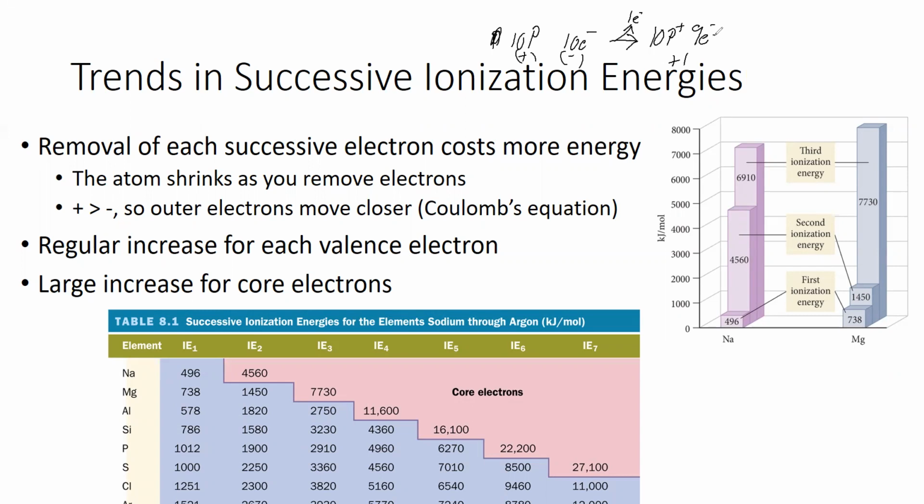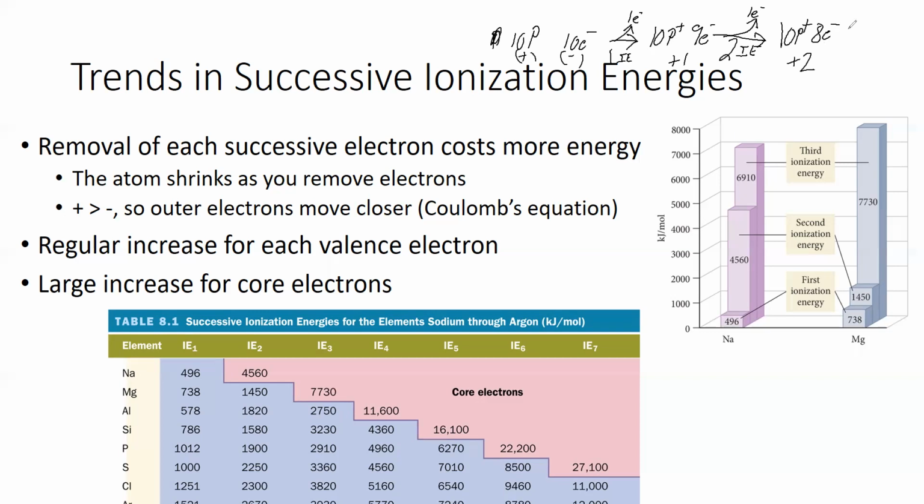So if I want to remove another electron, I would have to put in more energy. This is the first ionization energy. This is the second ionization energy. I would have to put in more energy to do that, and then I'll end up with 10 protons and 8 electrons. Now I'm +2, and the electrons don't really want to leave. And it will take a lot more energy to